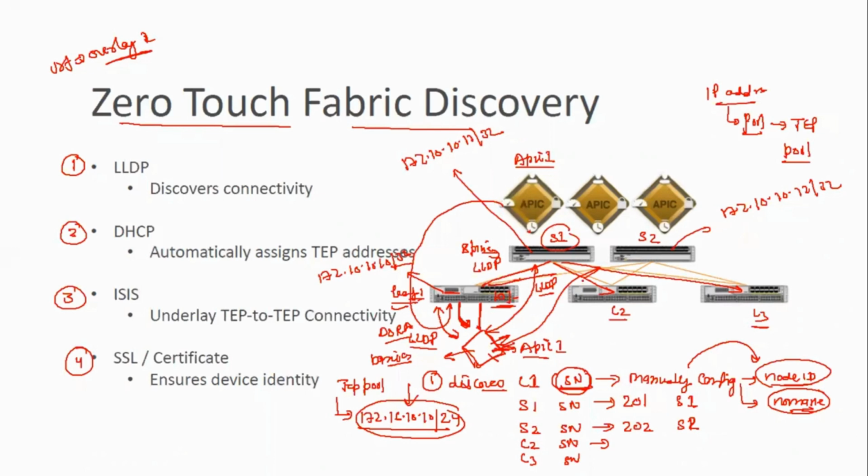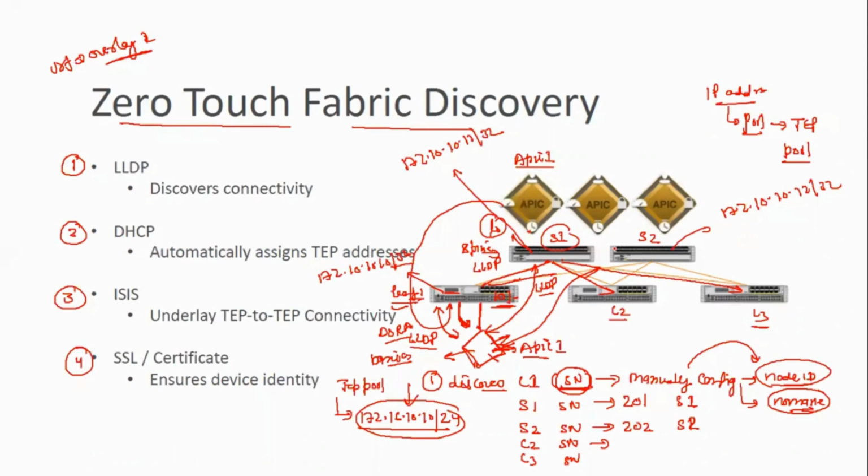Okay, for that it will mention that for this port I need an IP, right? Correct. No, not the physical port, not for this interface. It will be just like a loopback IP, as I said. Each spine or each leaf will have only one TEP IP address. Right. But let's say once this APIC has to communicate with L2, it will go via S1 then L2, right? Yes, correct. Then there will be a communication IP.